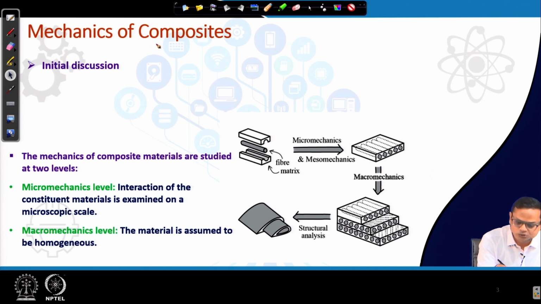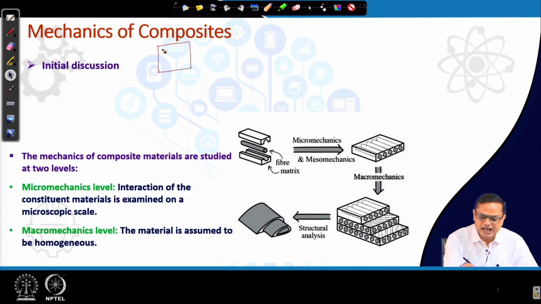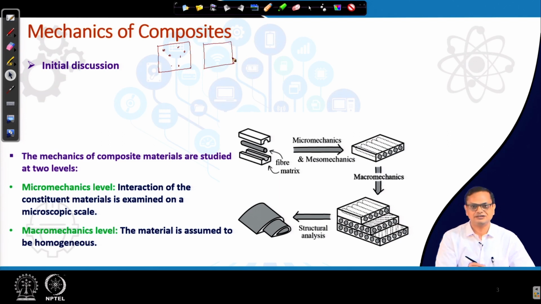what we understand is that composite materials could be a matrix, and then we have reinforcement like this, could be particles, right, or we can have composite materials where we have fibers. Now, when we are talking about fibers, fibers could be continuously aligned like this, okay, where load could be applied in the longitudinal direction,